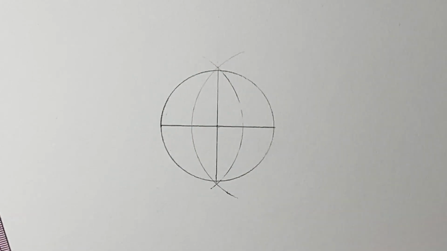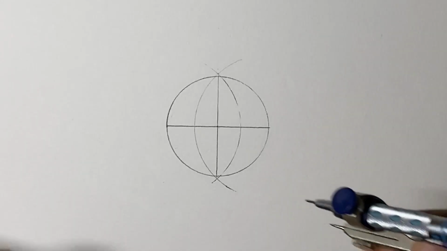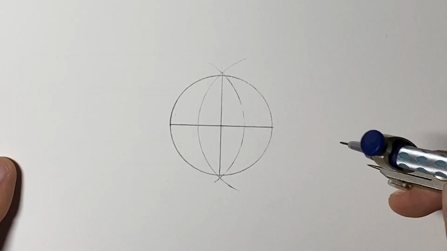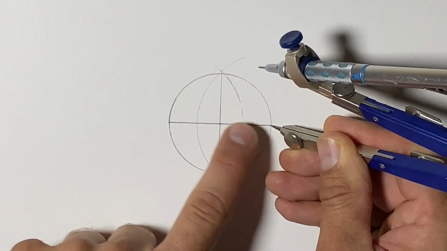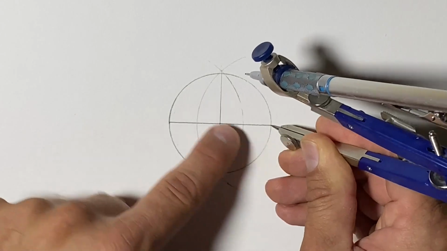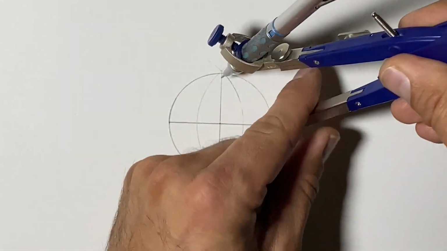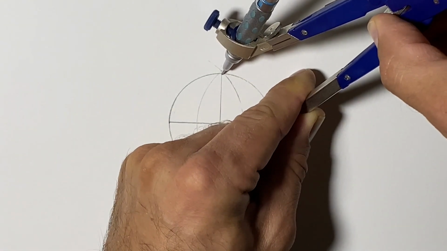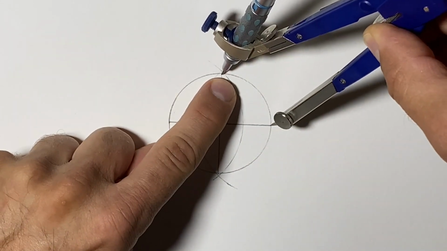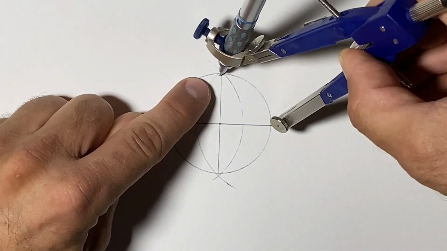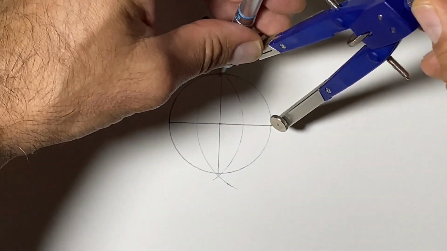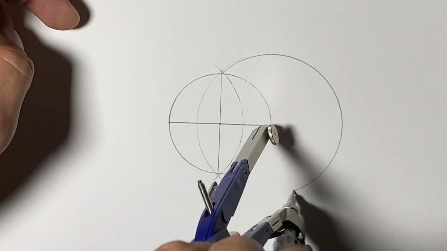So the second step will be to take our compass, and we are going to place the point of the compass on one of the intersecting points where the line and the circle meet, and we're going to adjust the compass so that it's touching the one on the top and the bottom with our pencil, and that's the distance to the next curve. So we'll make this curve here,